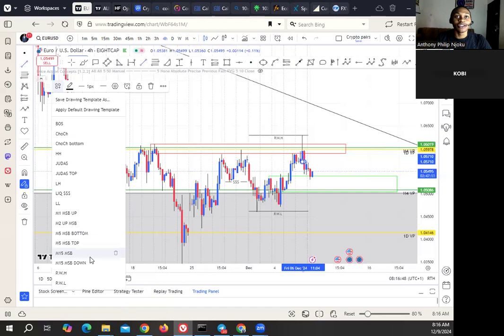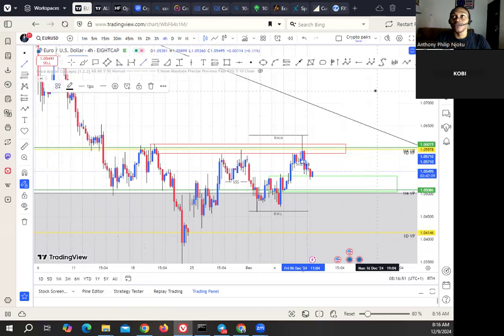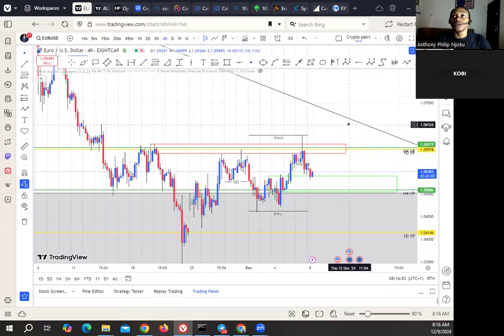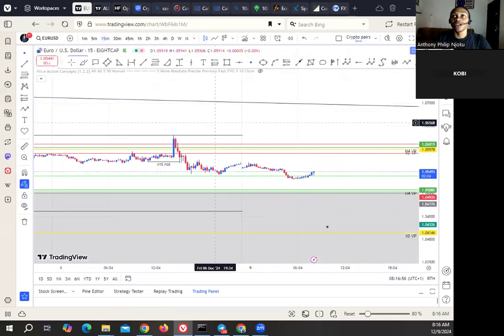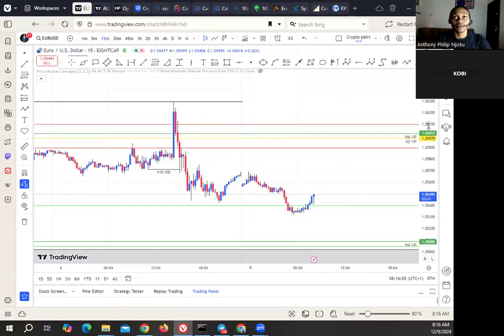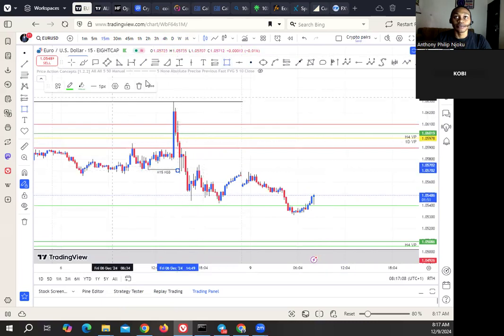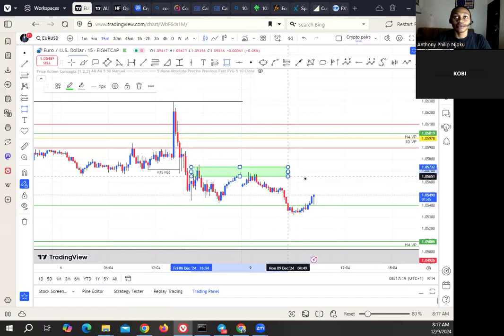Like I told you guys, when we see a trading opportunity, we're going to call it live. So if I go down to the smaller time frame, this is literally where the supply cause is. Although the market has fulfilled that efficiency,